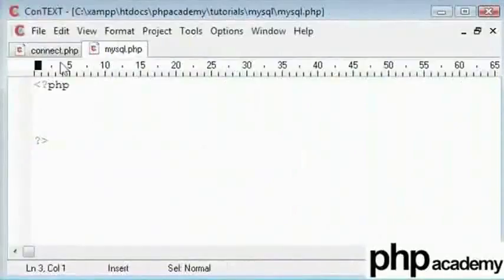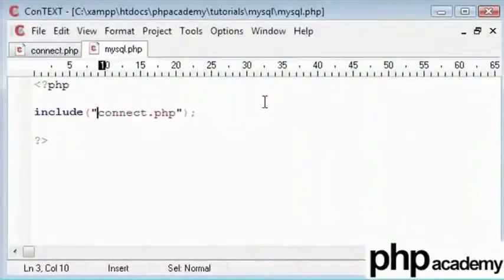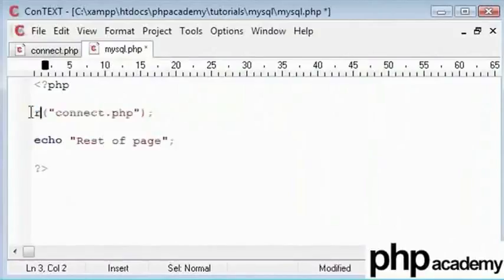Now first of all, we need to connect to our database. Under the mysql.php file, we will use the include function to include our file connect.php. Now if this is not in the same directory, you can specify the subdirectory and then connect. Please specify this properly. If you don't want the rest of the page to execute, you can use the require function. The require function kills the page if this isn't found from here on.